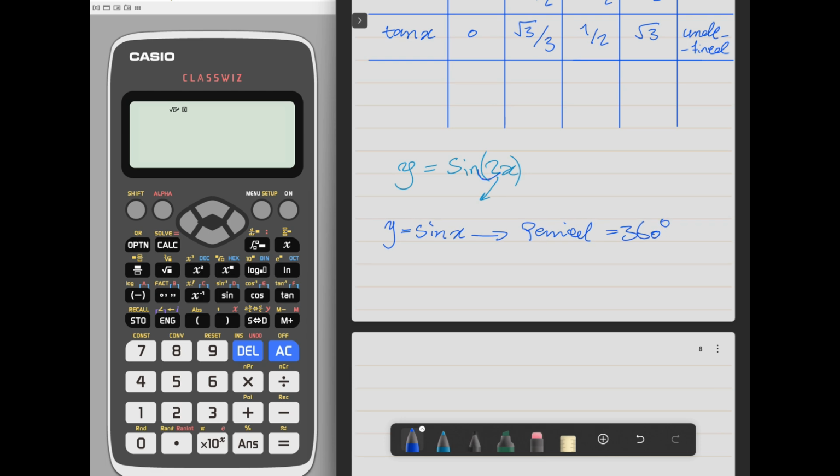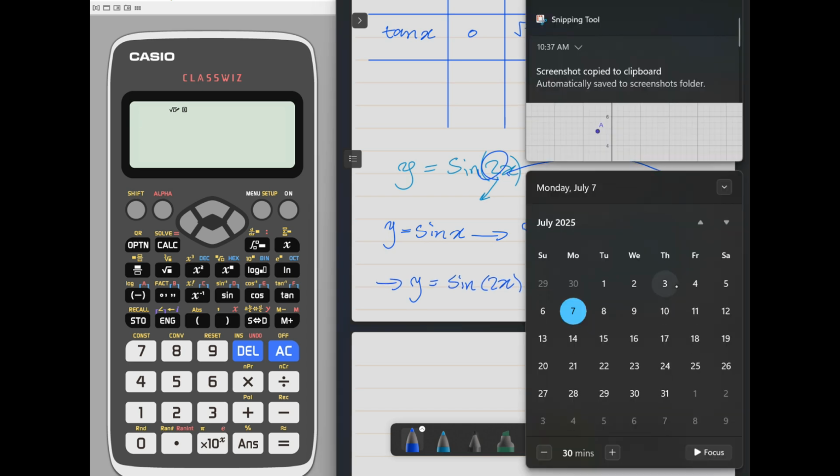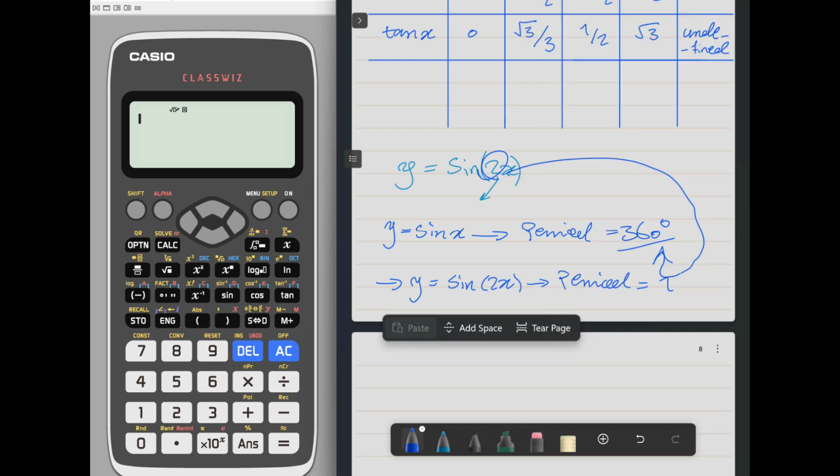But when I have a 2 here, this is going to be the denominator of this one. So y equal to sine 2x is going to have a period of 360 degrees over 2, which is going to be